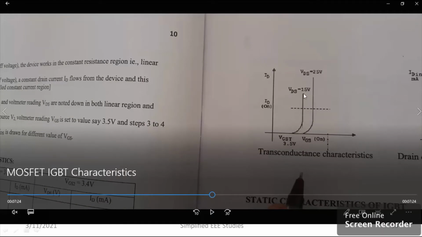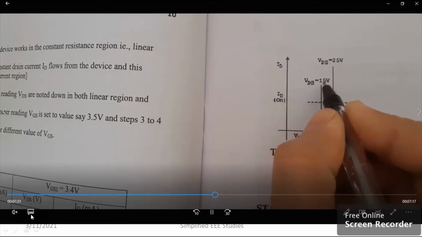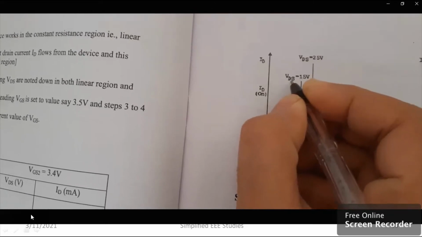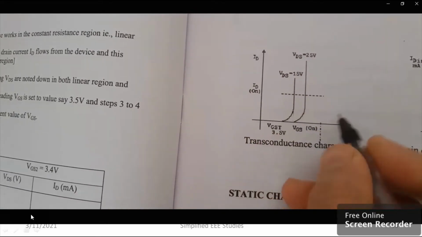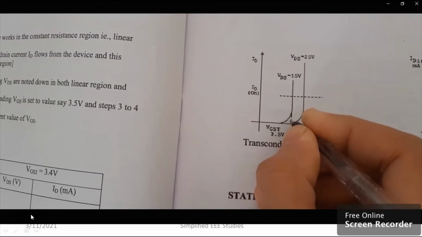Here, in spite of taking VDS equal to minus 15, I have taken 10 volt. Doesn't matter. It should be constant. VDS should be constant. You are supposed to vary VGS and note down the value of ID. That is exactly what is happening here. It is not mandatory that you maintain 15 volt. Any constant value you can take. So in spite of that, I have taken 10 volt. That's the only difference. Now the device is on actually.